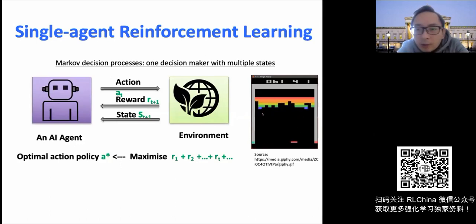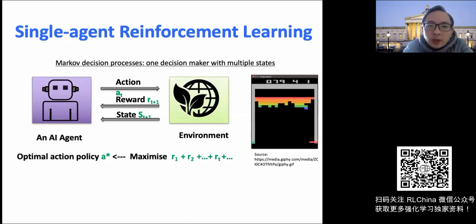In this case, for example, they observe the current status of the game and will decide whether to turn left or right. And once they decide to turn left or right, they will have the observation of whether there's an increased reward or whether they die or something. So the goal is to maximize the cumulative reward by coming up with an optimal policy. When I say policy, I mean strategy, meaning that based on a specific state of the game they need to decide what action they're going to take.